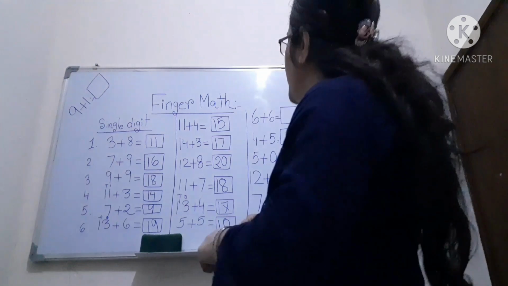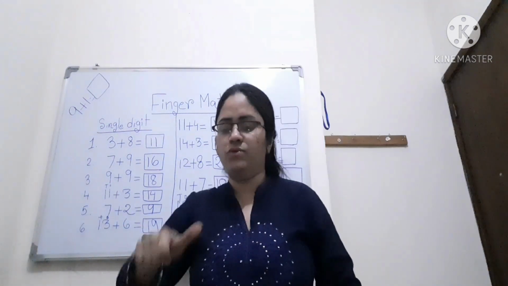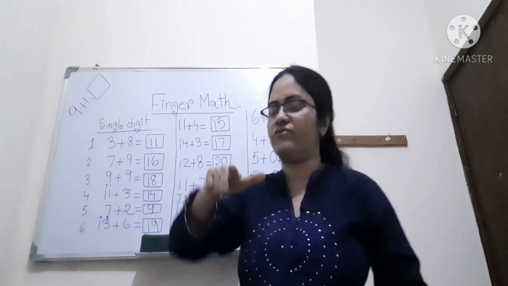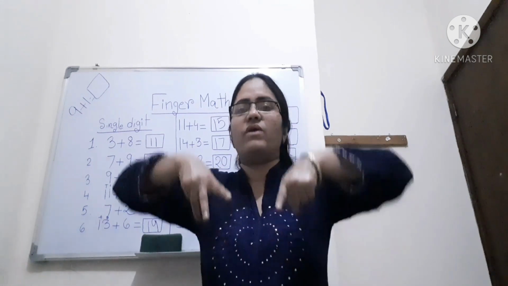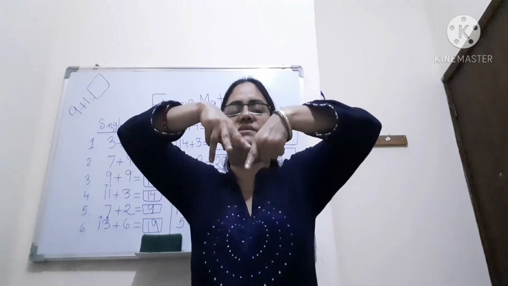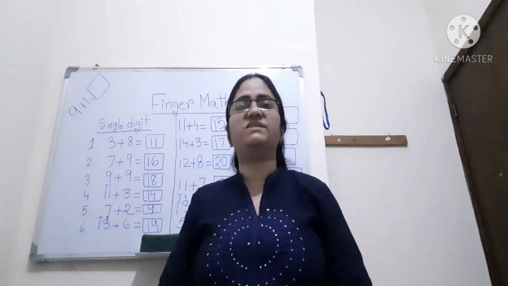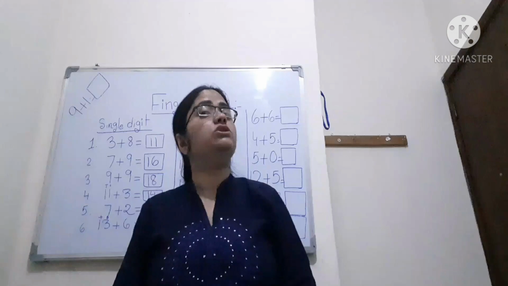Okay, 6 plus 6. You know this is the 6. So again I have to count 6. 1, 2, 3, 4, 5, 6. What is the value of the numbers? This is 10 and this is 2. That means 6 plus 6 is equal to